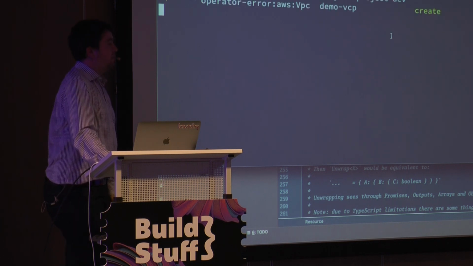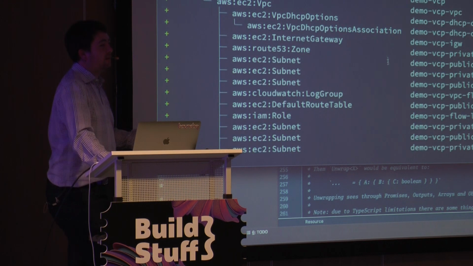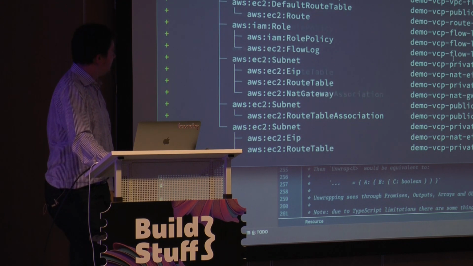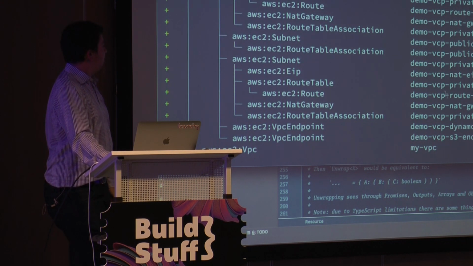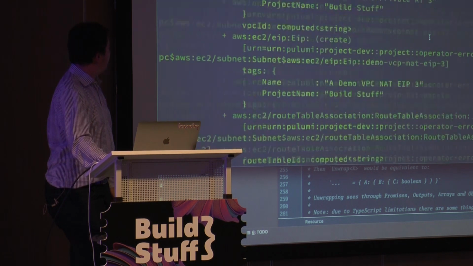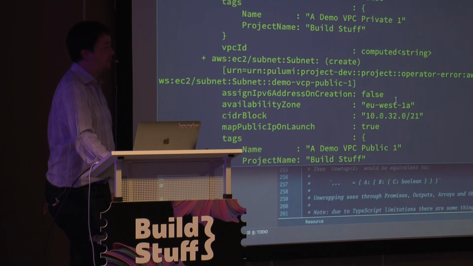So EU West 1 only has 3 availability zones available to us. If we divide our /16 into 3 instead of 6, we can have much bigger subnets. We have more addresses available to us. So now we're only going to get 3 of each thing here. And if we search for the CIDR address spaces, we're using /19s and /21s.